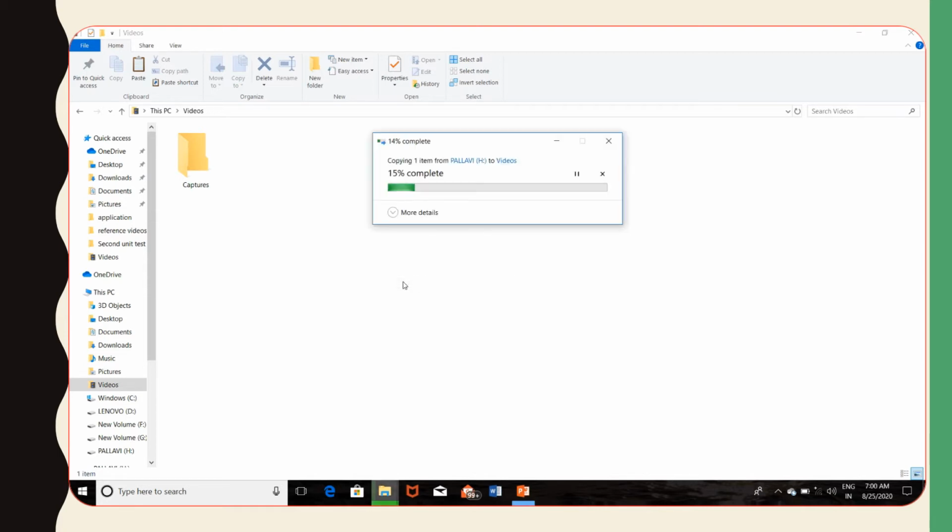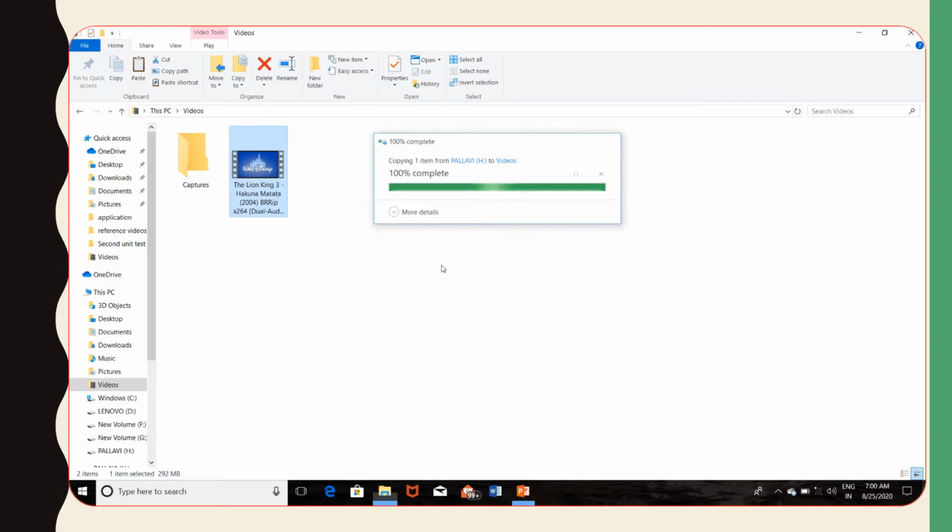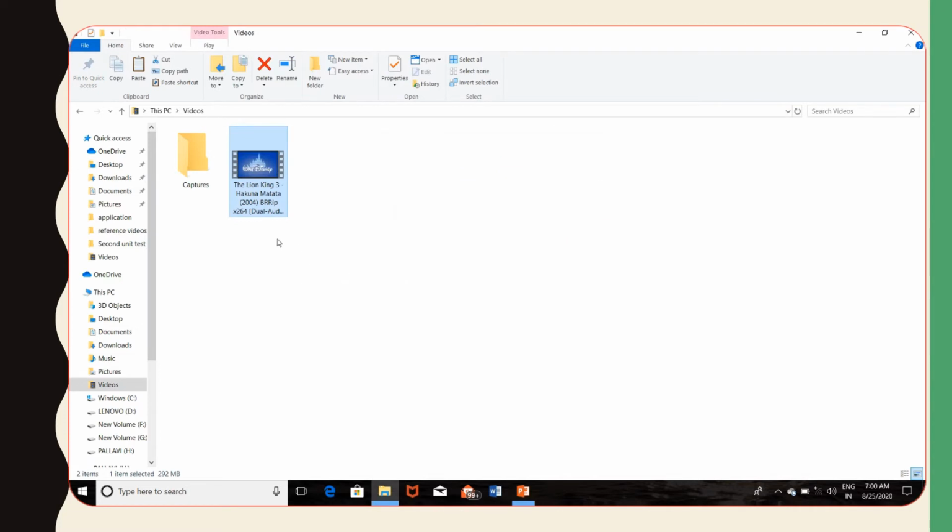Now see, after clicking on Paste, this small dialog box is appearing, showing copying one item from this disk to Videos folder. After this process gets completed, the movie will be copied to the folder. Now here you can see the movie is copied to the folder.